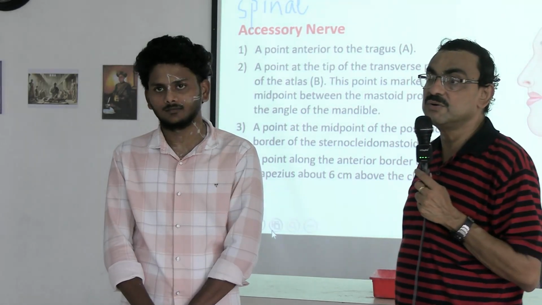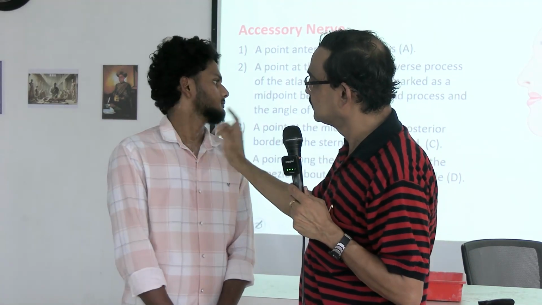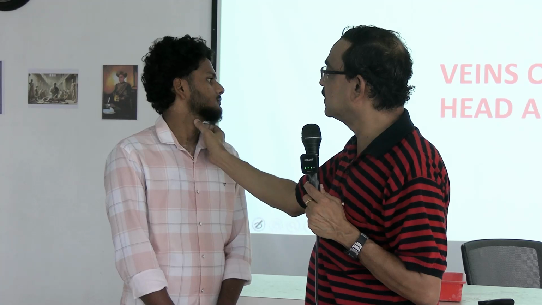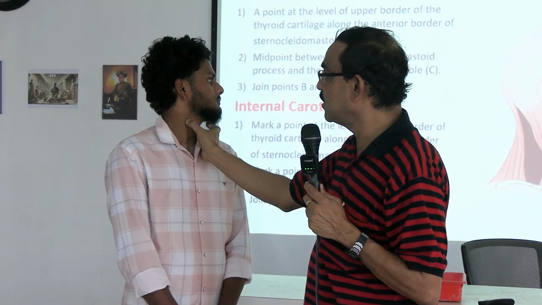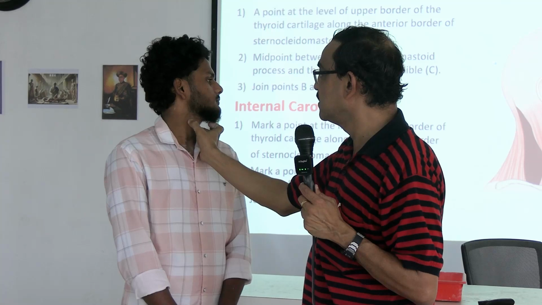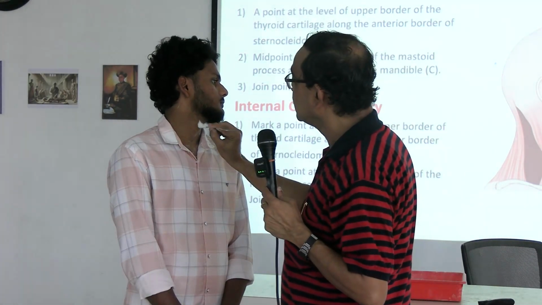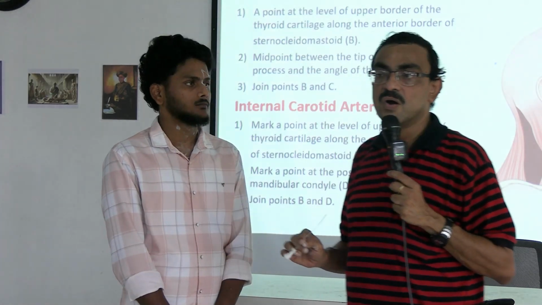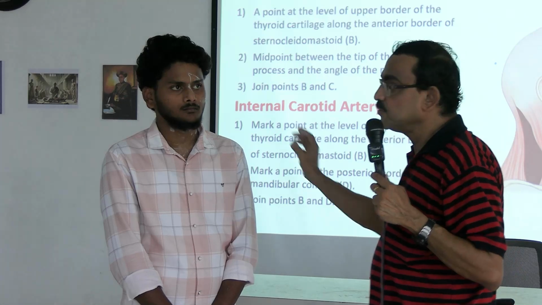Right common carotid artery. Upper border of the thyroid cartilage. Anterior border of the sternocleidomastoid. So here we should put one point, that is the initial point, commencement point, starting point. Another point we can feel